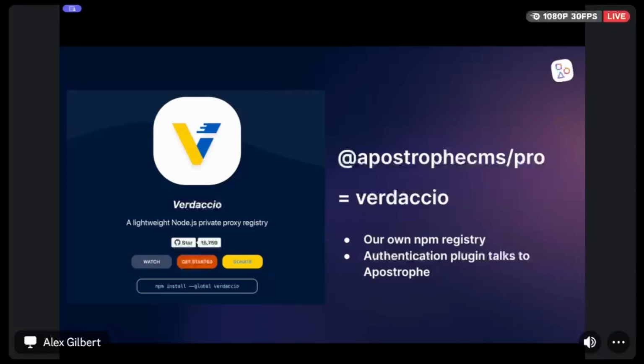And the neat thing is that because it's open source and has an open architecture, when it's time for you to NPM install something, it can simply talk back to Apostrophe and say, hey, does this NPM token correspond with anything in Workspaces, or should I tell this person, hey, buzz off? And so we can make those decisions interactively between Apostrophe and Verdaccio. And moving on from there,